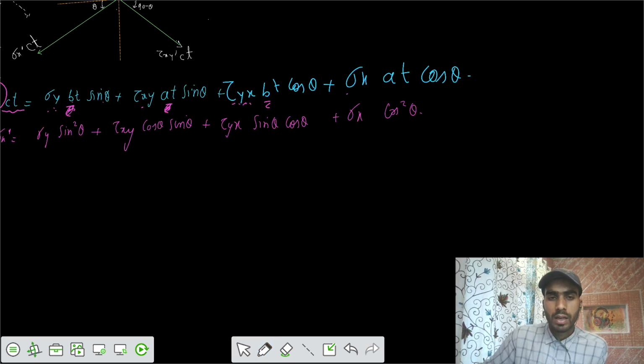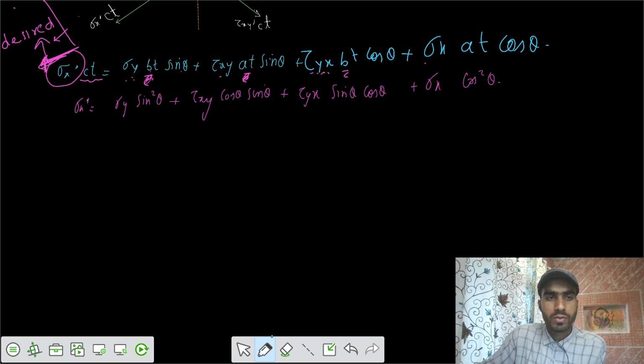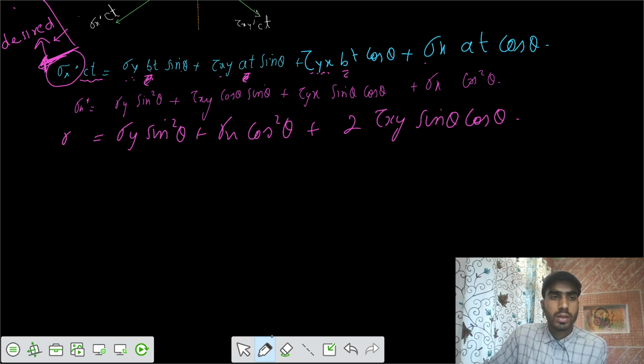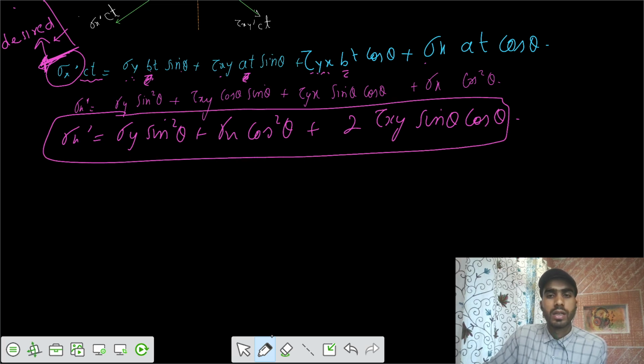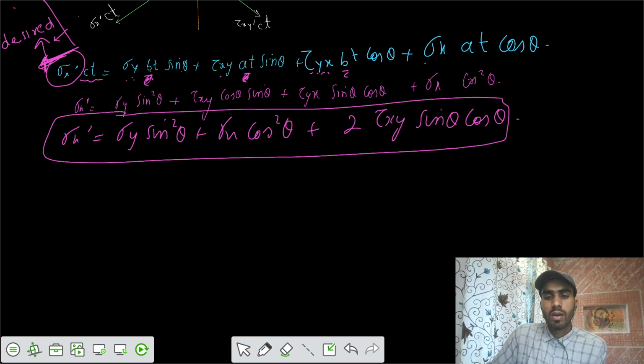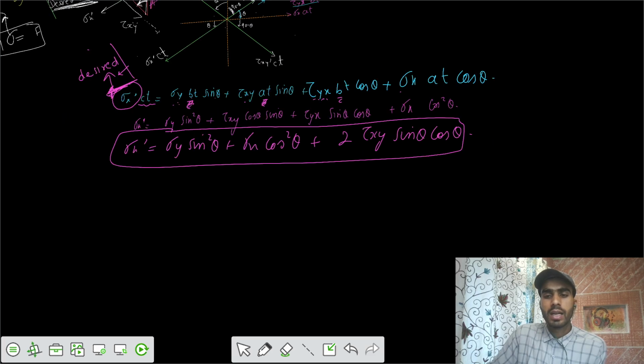So I got the result. From the complementary shear stresses, we know that tau yx equals tau xy. So I can write sigma y sine square theta plus sigma x cos square theta plus 2 times tau xy sine theta cos theta. This is the general result. If you want to simplify it in terms of a linear function of theta, I can say: